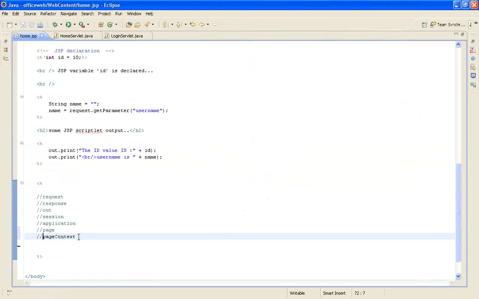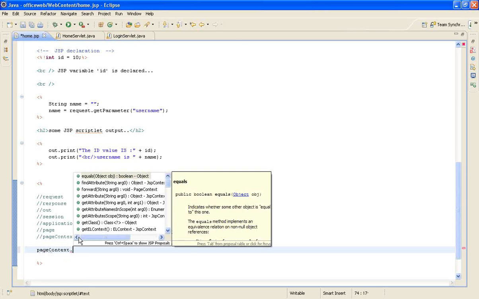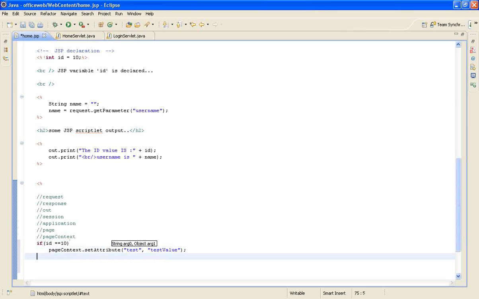Suppose I set something to the pageContext using setAttribute, and next time I read that same value from the same page, I think it works like the session: if you put some data into the session, you can access it from any JSP or servlet. Similarly, in the pageContext, suppose in some particular scenario I set id equal to 100, and I may need to read this in some other scenario, and the value should be there.